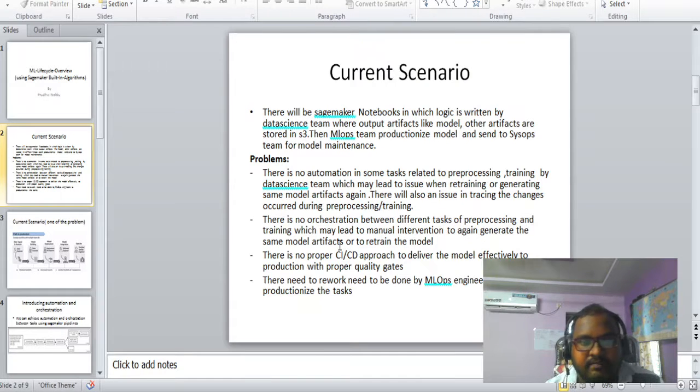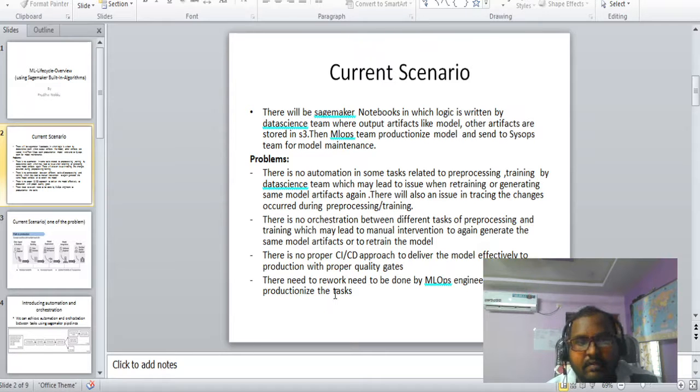If we want to change anything, retrain the model, or generate the same model artifacts, there needs to be manual intervention. And there is no proper CI/CD approach to deliver the models effectively to production using proper quality gates.